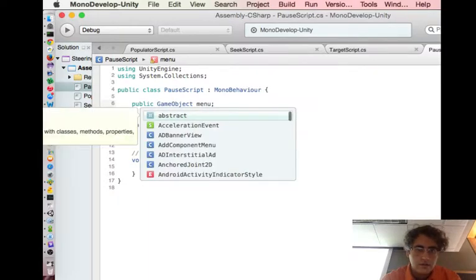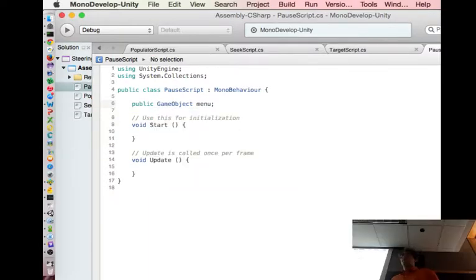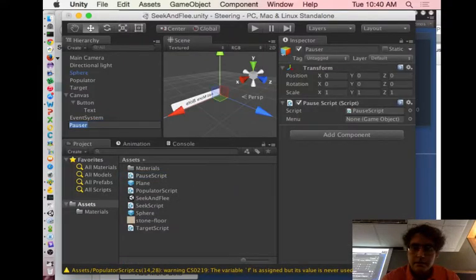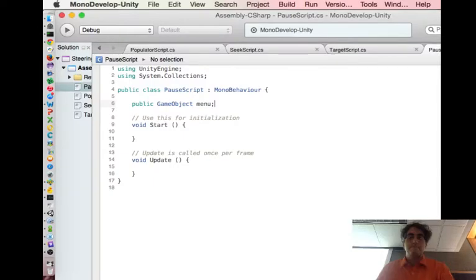This pauser needs to know where the menu is because I want the menu to be appearing and disappearing on the screen. So let's go ahead and just make that connection now so I don't forget. The canvas is the thing that I want to make appear and disappear. Okay, I need to know what's going on